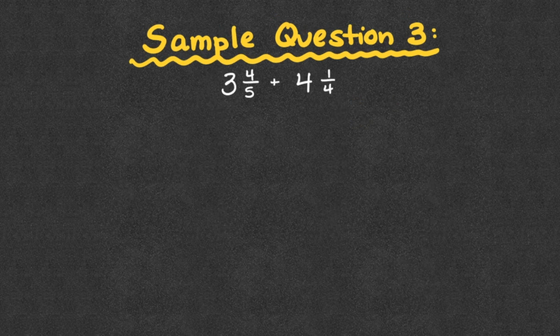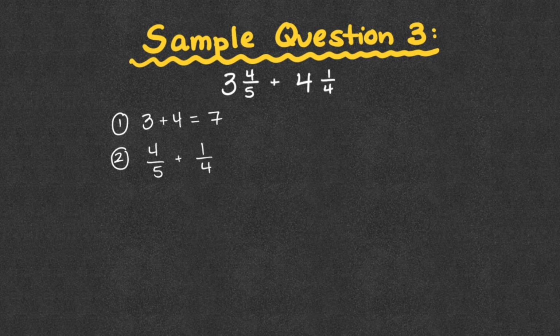Sample question number 3. We have 3 4/5 plus 4 1/4. So I'm going to show you the method where we can add whole numbers together. So step 1, I'm going to do 3 plus 4 equals 7. And I'm going to hold on to that. Second, I'm then going to take my fractions, 4/5 plus 1/4. I do have different denominators. So I have 5 and I have 4. So I'm going to find the LCM